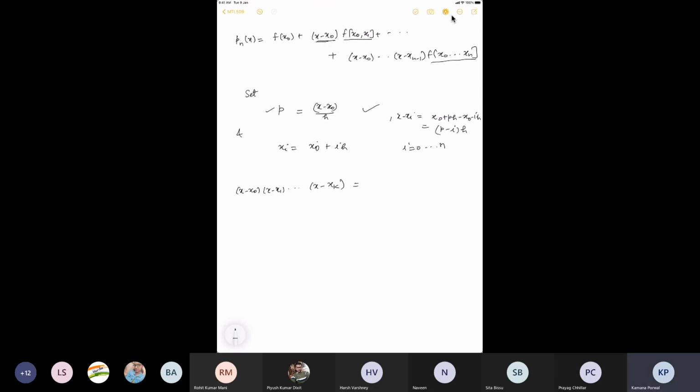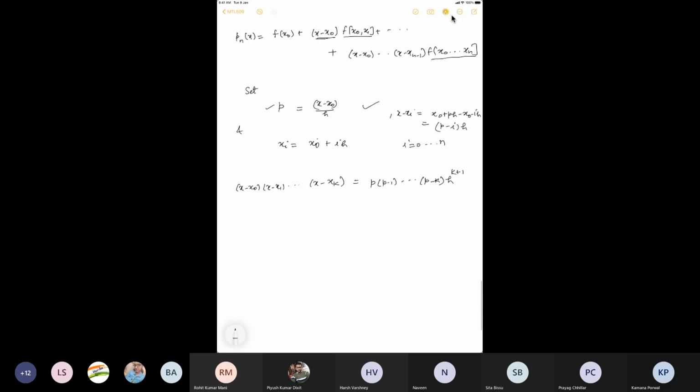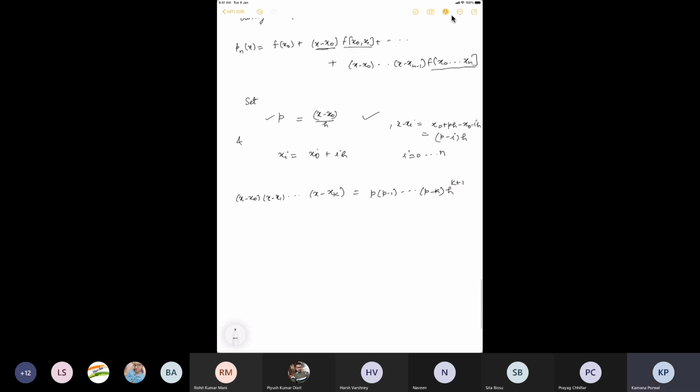So I will get this product as: x minus x naught is p times h, and then (p minus 1) up to (p minus k), times h raised to power k plus 1. Using this, I can write my P_n(x) as,